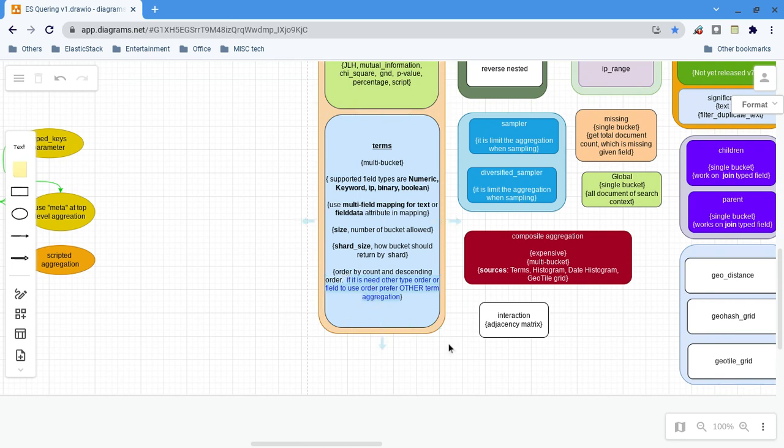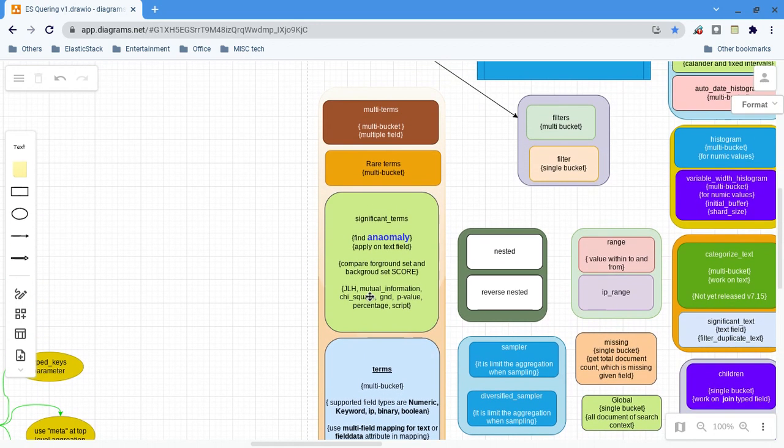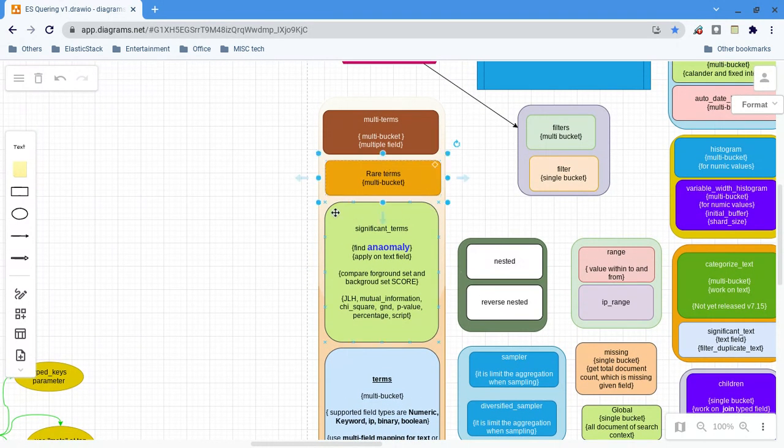Let's say the field we use for sorting is the bucket count, but I want ascending order. In that case, please use rare terms.